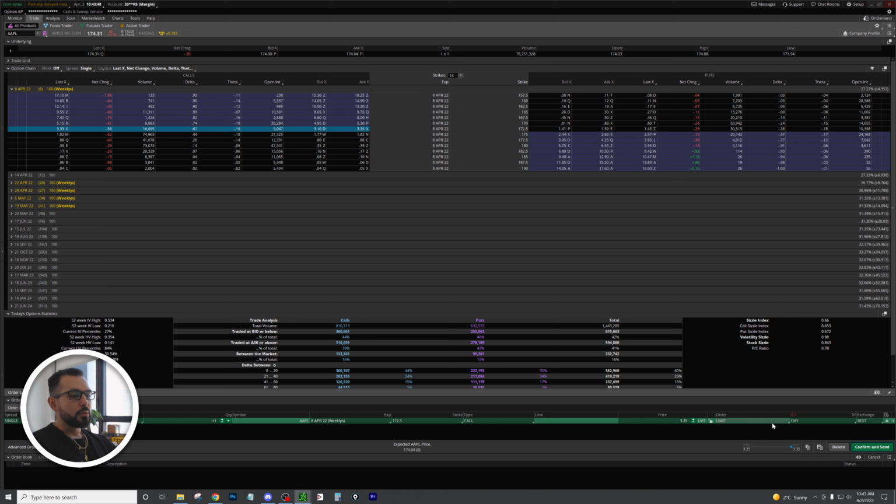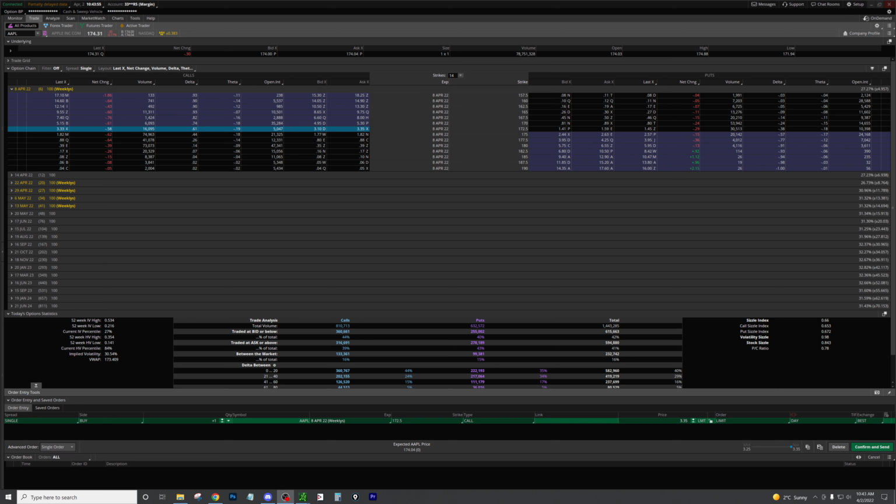The price, limit order, and the day you can leave as is. All right, so I'm going to get rid of my camera here a little bit so you guys can see what's going on. But essentially what we're looking at here is the options contract, and we're willing to pay for